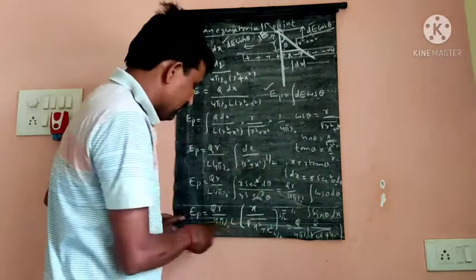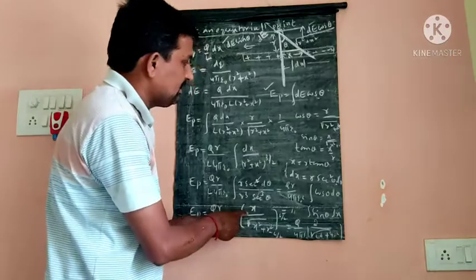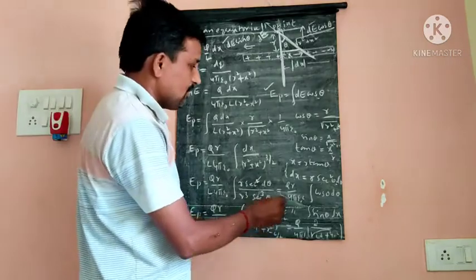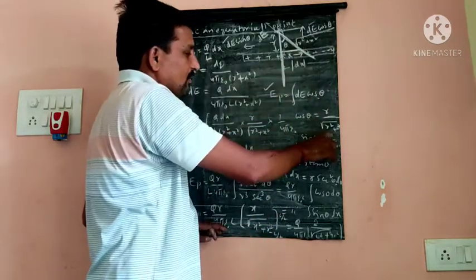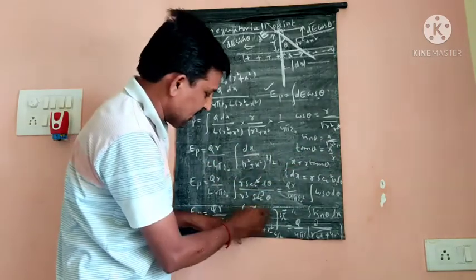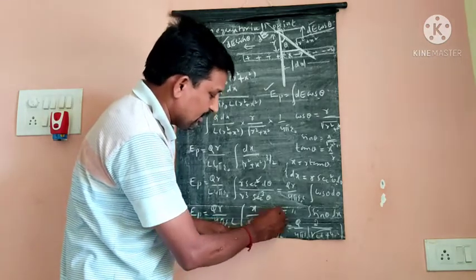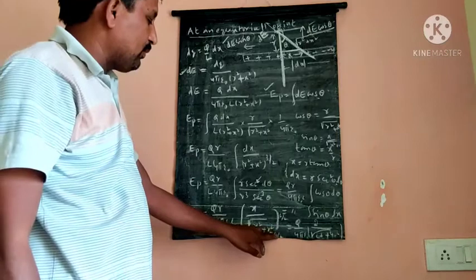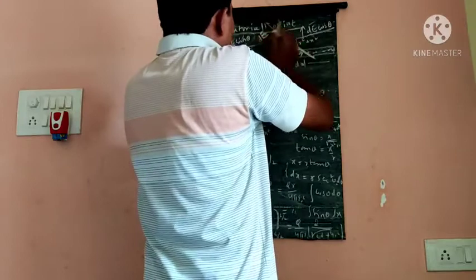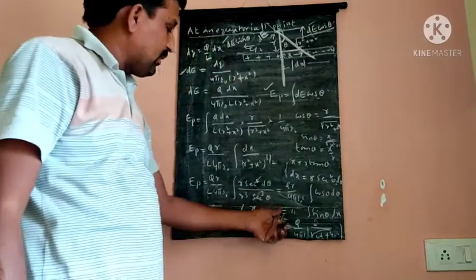Integrating cos theta gives sin theta. So what is the value of sin theta? Using the relation, sin theta means opposite side by hypotenuse, so sin theta is x by under root of r square plus x square. Apply limits minus L by 2 to plus L by 2. This is the length, the middle point we are taking, so the total length is L by 2 and L by 2. That's why we are taking limits minus L by 2 to plus L by 2.